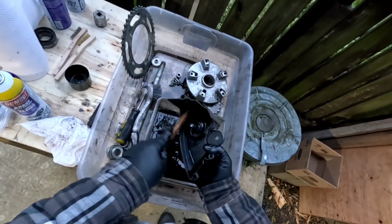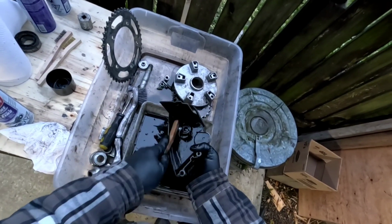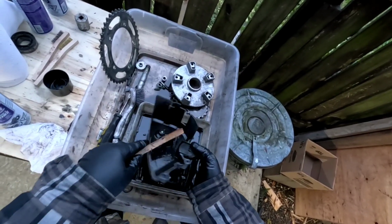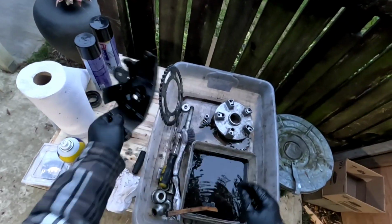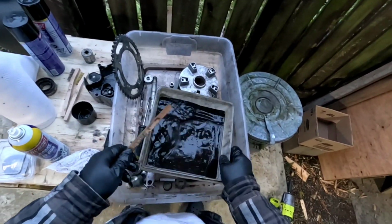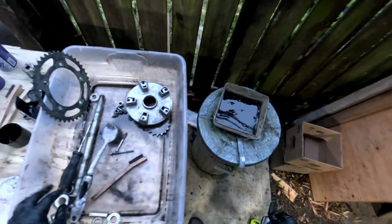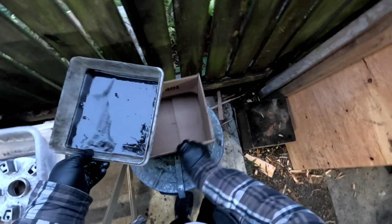I think that's not looking too bad. Not looking too bad. Okay, so oh, that stinks. So I'm gonna put this here for now, and then actually I'm gonna put this here. This here,